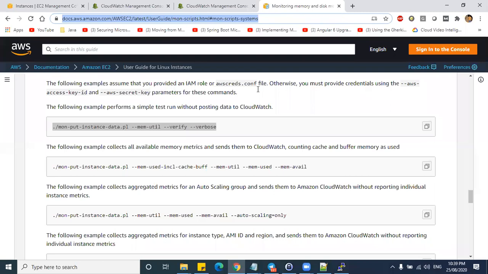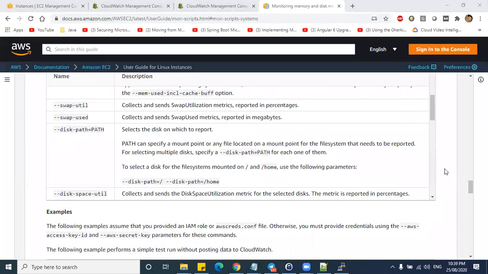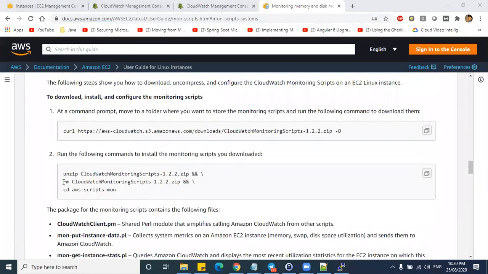Once you unzipped it, there were a few commands underneath it. You said you can do all of it together, but I'm doing it one by one. So what are those other two? The other two are nothing but what relates to the zip file we downloaded. Once we extract, we get a folder like this, AWS scripts monitoring. After extracting this, we have no need of the zip file, right? That's why I removed this command. I have done all those manually. I didn't copy from here, but I have done them manually.